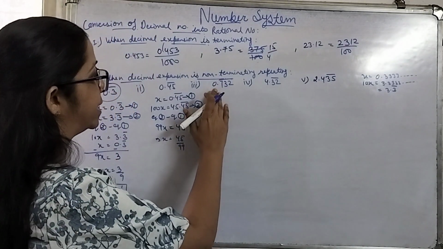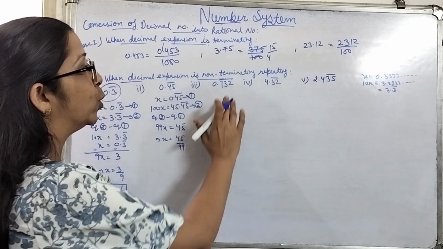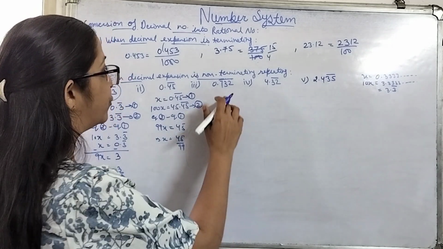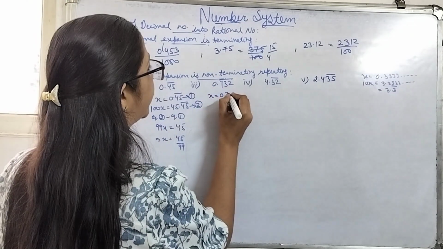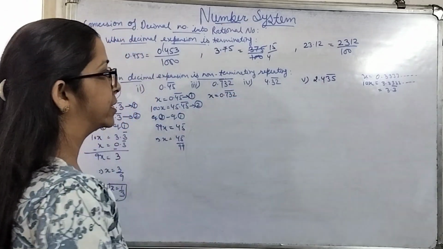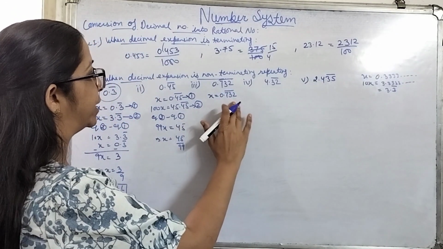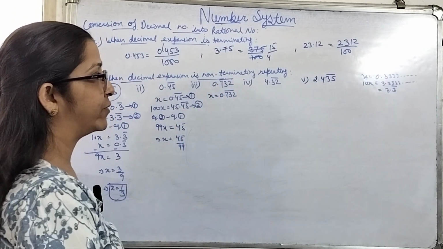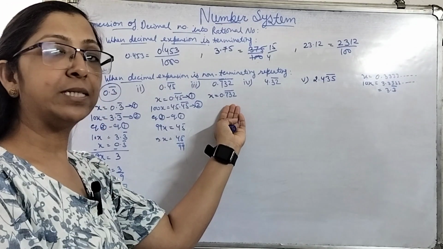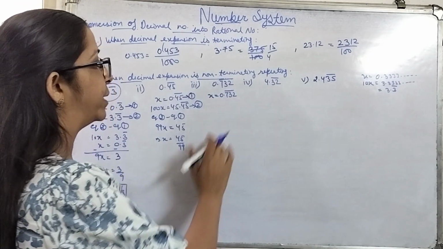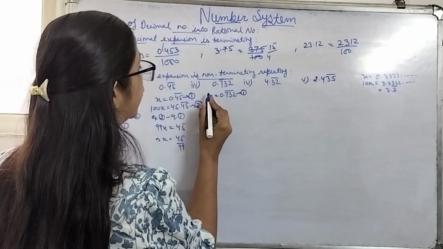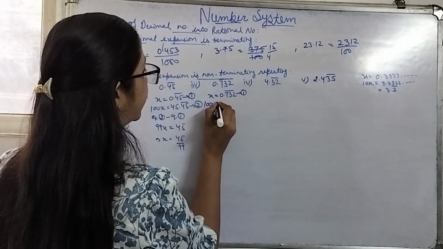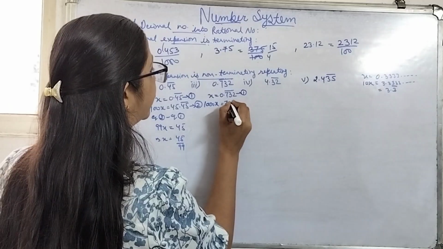Similarly, if this is the case, 0.732 bar. Over here, three numbers are repeating. So first of all, we will assume x is equivalent to 0.732 bar. This is our assumption. First of all, we have taken the value of x as 0.732 bar. Now, because three numbers are repeating, we will multiply this by 1000. If we multiply this equation number 1 by 1000, it will become 1000x is equivalent to